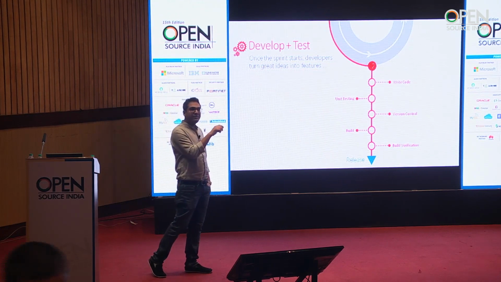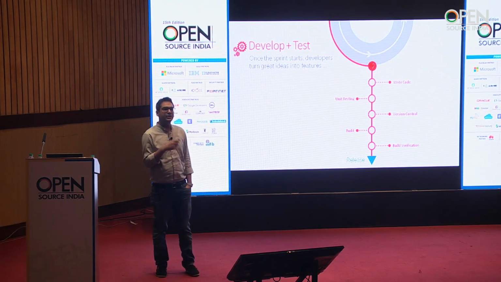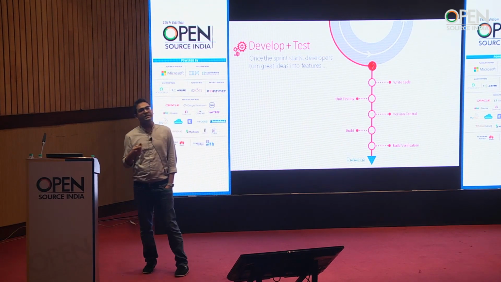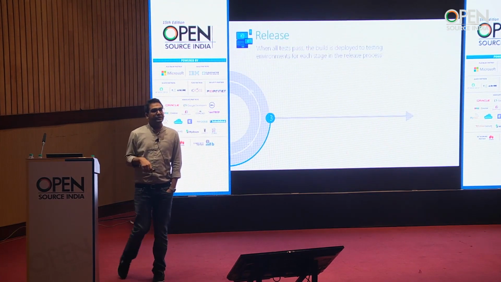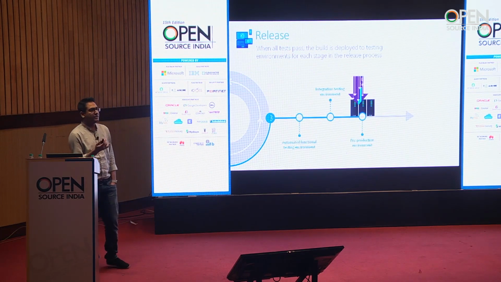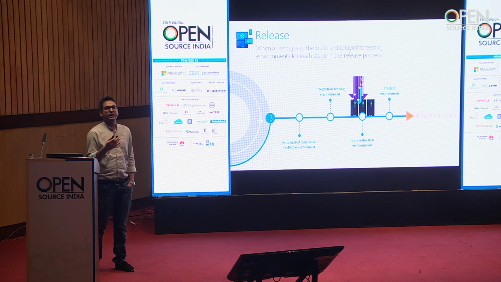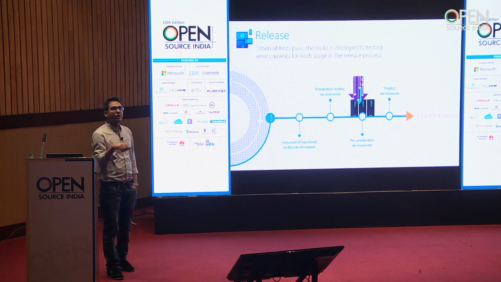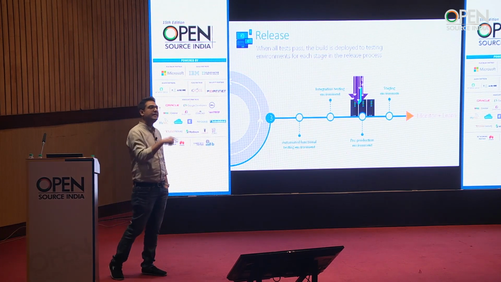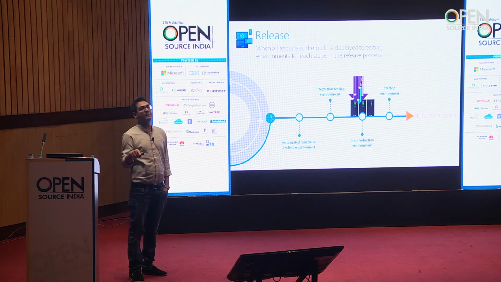Once you are done with this part, you have deployable code which you can deploy and start sharing with the customers. Now comes the third part, which is the release part. Now you have a package which can be released to the customers. At the end of 3 weeks, or the end of the first sprint, you have a package. What you need is a continuously deployable automation pipeline up and running.